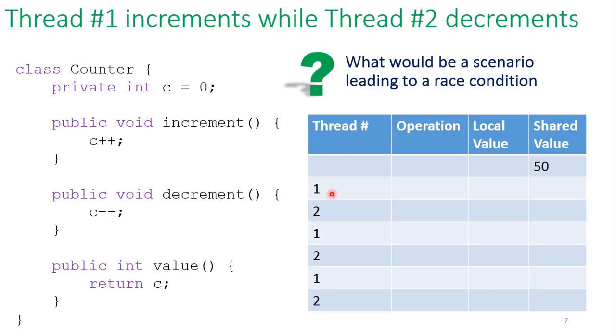We're going to keep track of which thread executes. So we are going to interleave execution, okay? So we are going to execute 1 step in thread 1, then 1 step in thread 2, then 1 step in thread 1, then again step 2, thread 2, etc. So obviously it is this interleaving of execution that causes the problem, okay? But this is something that you do not really control. The scheduler, the thread scheduler, is going to decide when to interrupt a thread and give control to the other. So we are just illustrating here the potential problem by picking one of the orders of execution that would actually